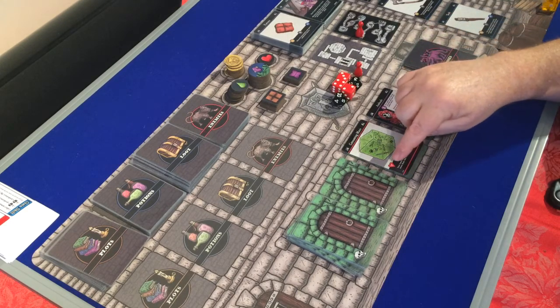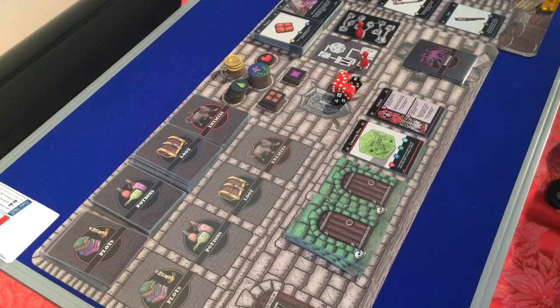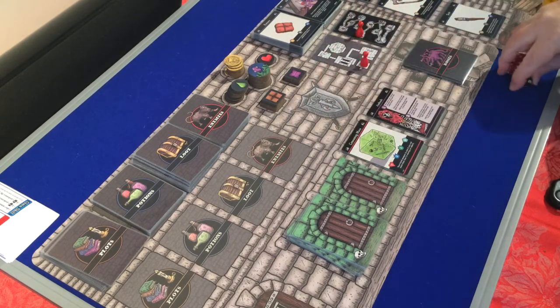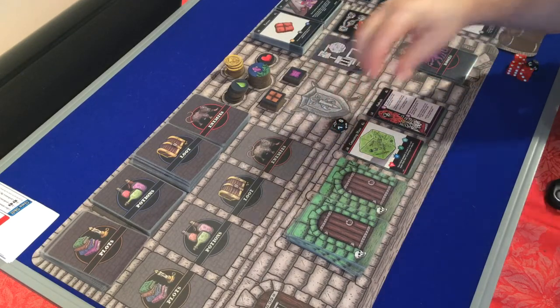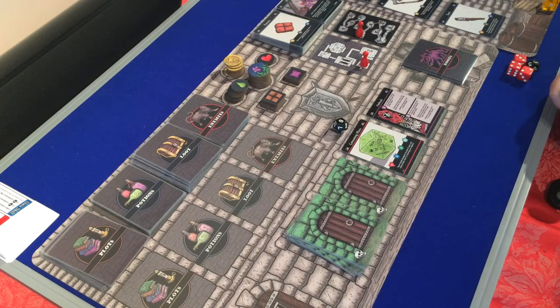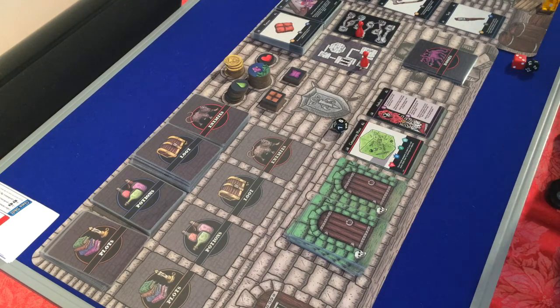So its health is 7. We're at level 1 of the dungeon. I should move that into the level 1 box. So it's got 8 health to start with. So I will put it there. It's me that gets to strike first. So with the axe,